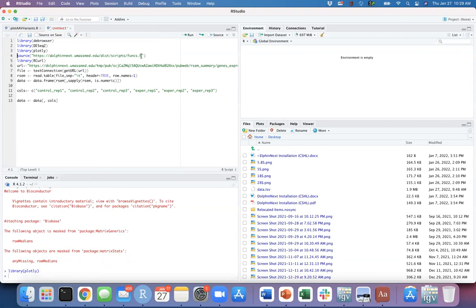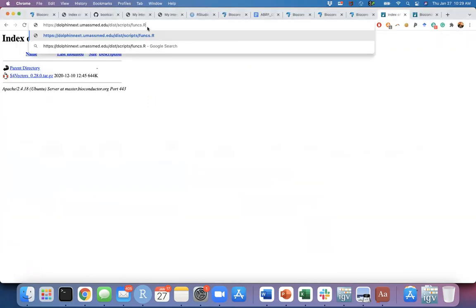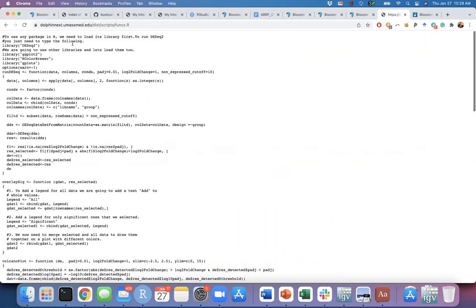Okay, so one more thing, another command that I want to show you is source. In the future, if you start writing your own functions, I'm going to show this. It's a very useful command that you can use. See, you load your libraries, you just basically write these things in the editor there and save somewhere. And you can always use your functions there. So basically, you don't need to write them today. You don't need to know how, but you can use the functions that we wrote for you to simplify your